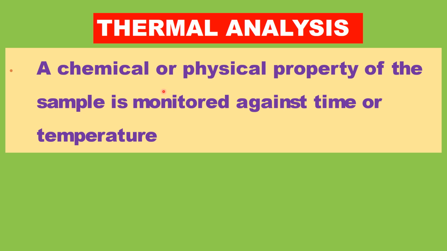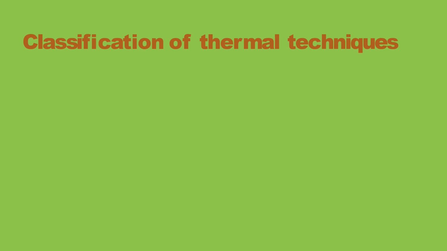फर्स्ट थर्मल एनालिसिस क्या है? थर्मल एनालिसिस क्या कहते हैं? A physical or chemical property of the sample is measured against time or temperature. Okay, in thermal analysis we measure a chemical or physical property against temperature or time. Okay, समझेंगे? ओके,